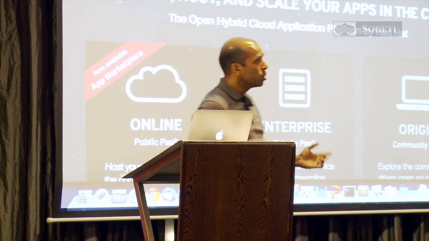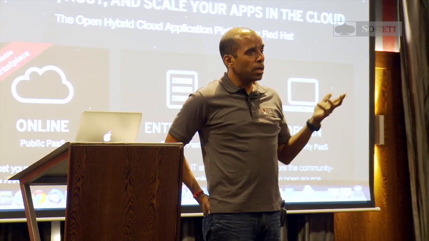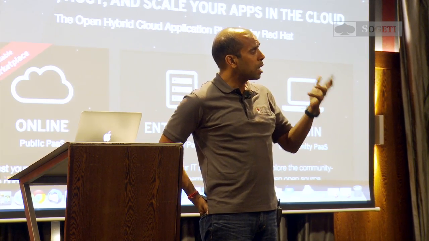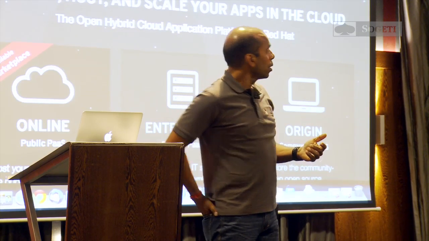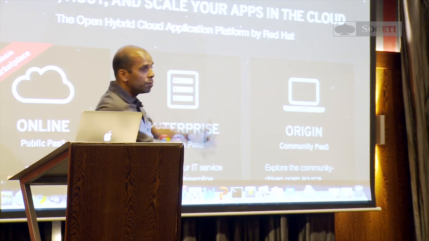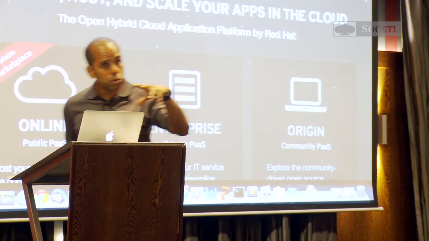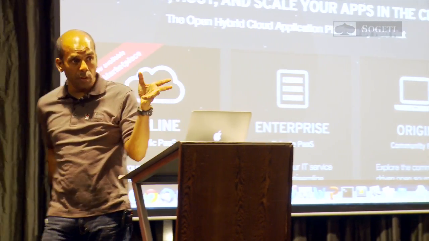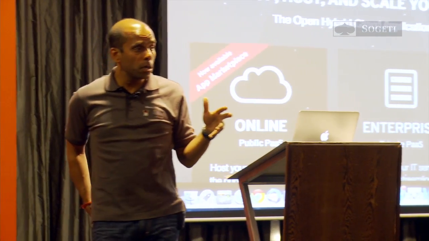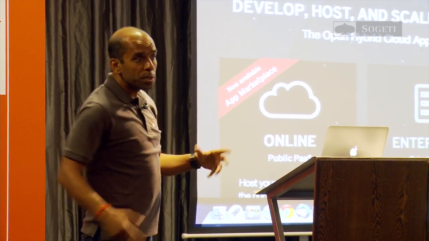So OpenShift is Red Hat's PaaS offering, which is basically saying you can run platform as an application service. The way our classic model works is everything goes in Origin, which is the open source edition on GitHub. Then it goes into public cloud, which is Online, which is what I'm going to show you today. Or if you want, it can be installed in your private cloud in your data center, called OpenShift Enterprise.